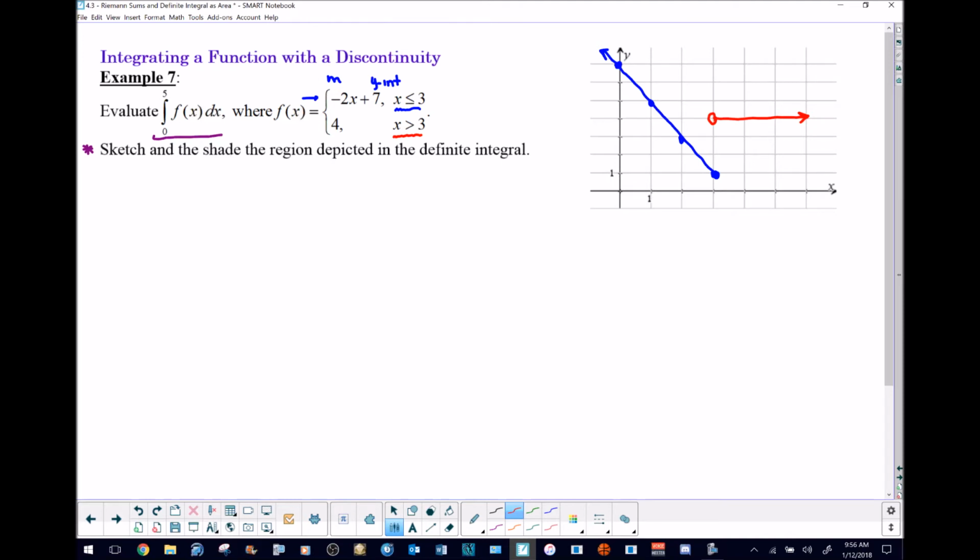So obviously we see our 0 right here for our x value, and our 5 is right here. So if we use vertical lines to depict our leftmost and rightmost boundary, and we throw in the added fact that the x-axis is always going to serve as a boundary in this situation,